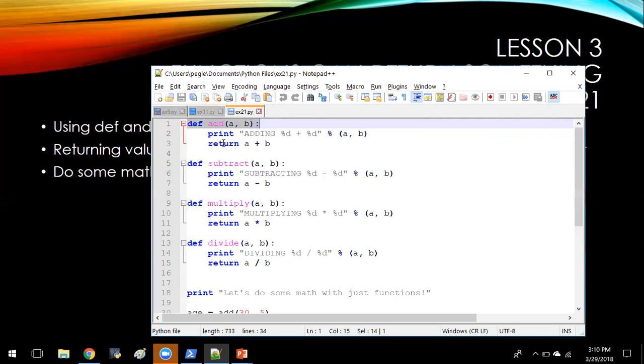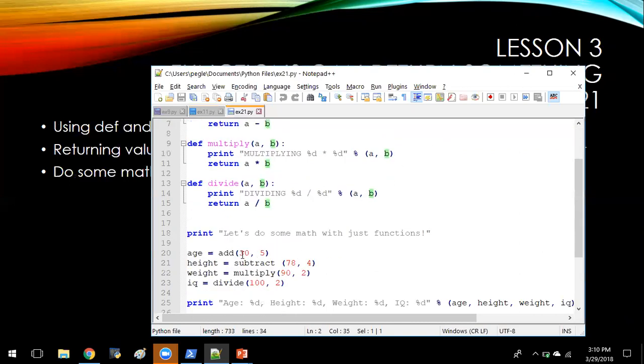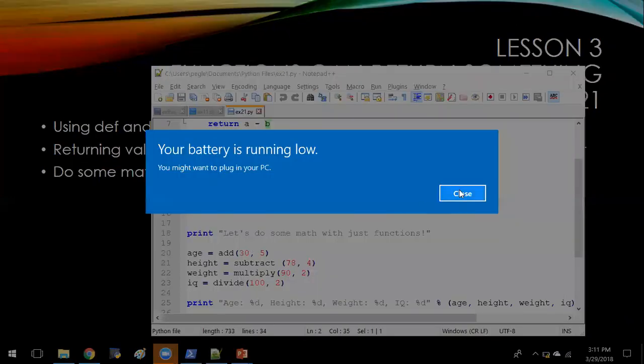So we want the function add to print these words, adding %D and %D. We want numbers here because you can't add letters. And then, of course, the format sequence %D. We want these to be filled in with A and B. A and B is just a variable name again, and we're going to give the variables,